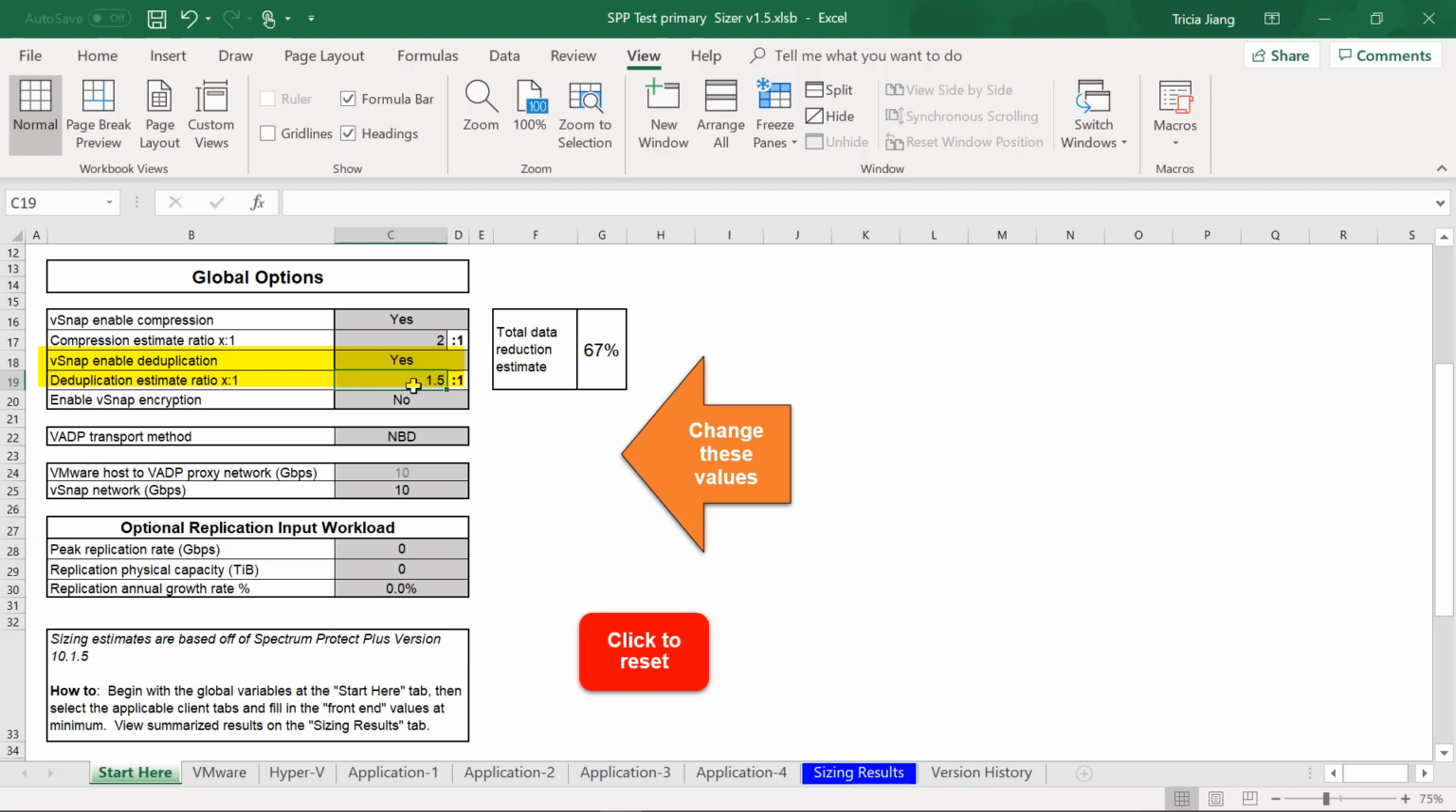for a specific application. Now remember, with Spectrum Protect Plus, we're doing incremental forever backups for most of the data, and therefore right up front, we reduce drastically the amount of redundant data that is being sent to Spectrum Protect Plus. Once you turn on deduplication, you'll see that now your total data reduction estimate changes to 67%, which is